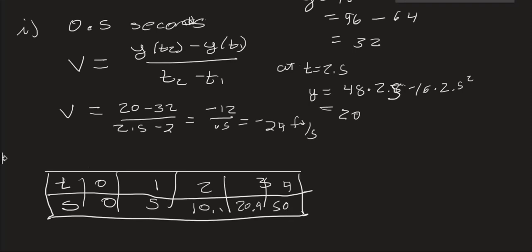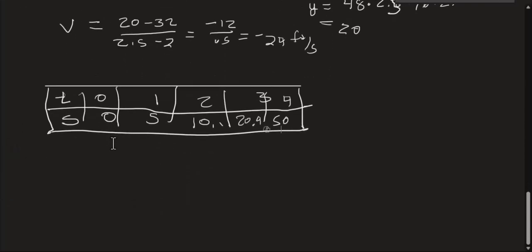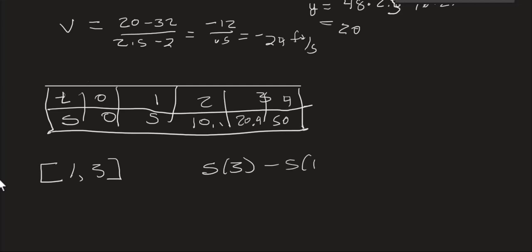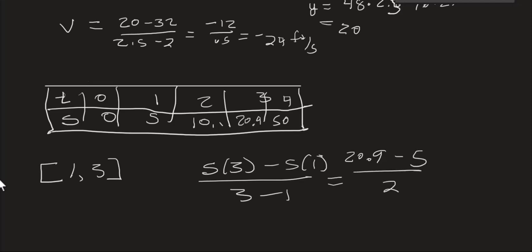And then the problem is asking you to come up with the average velocity on different time periods. So we would say the average velocity on the interval from 1 to 3 would be the position at 3 minus the position at 1, over 3 minus 1. So the position at 3 in my table is 20 point whatever number I wrote there, minus the position at 1, which is 5, over 3 minus 1, which is 2, and that value is